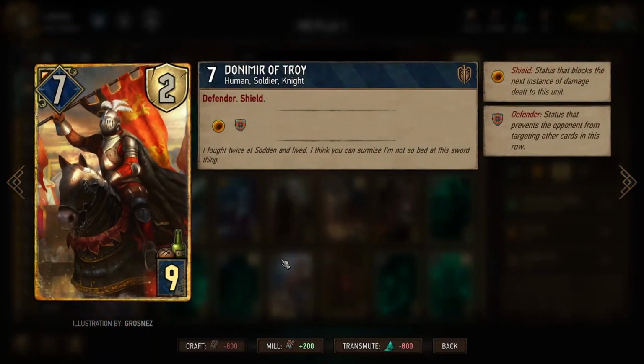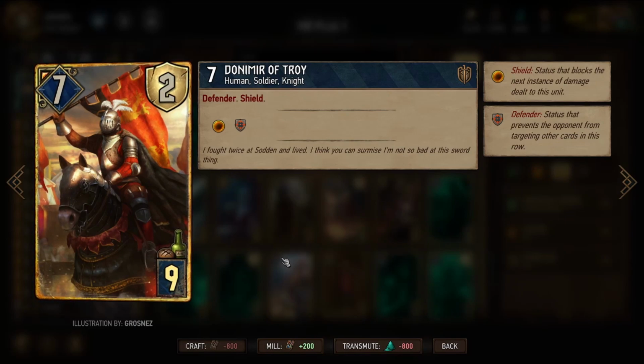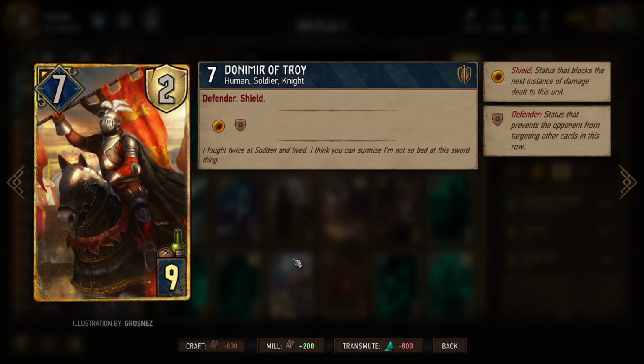Then Donimir of Troy is an interesting one because normally he'd be a 7 strength, 2 armor, shielded defender, which is not bad. That's a hard card to get through. However, when you're creating a copy of him with 1 strength, he still has the armor and still has the shield, yes, but that's still a little funny to have a 1 strength defender. I suppose, technically speaking, Syndicate does have that with Azar Javid and the bees that he creates, but still,